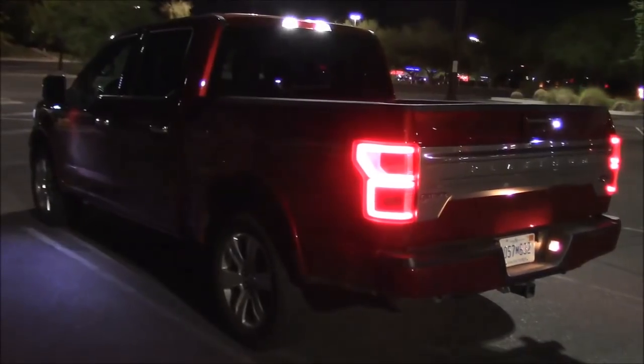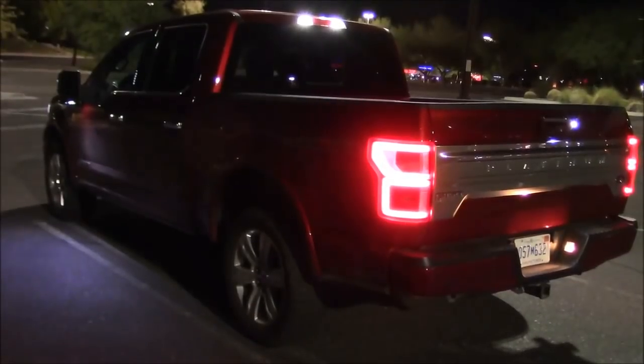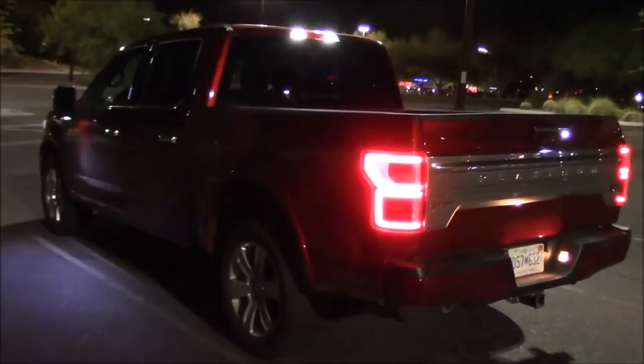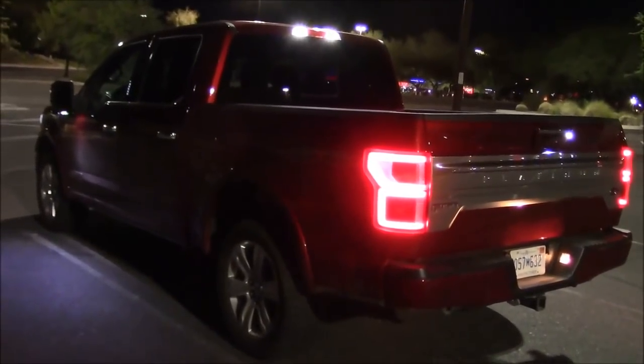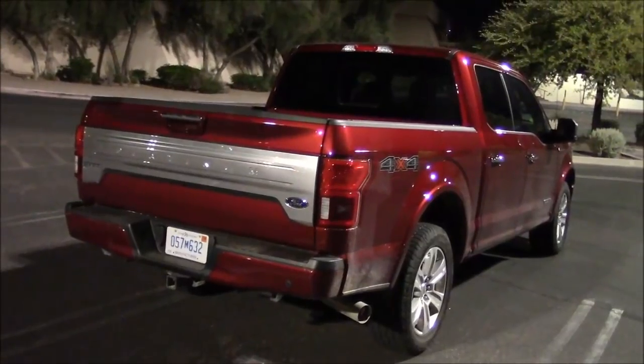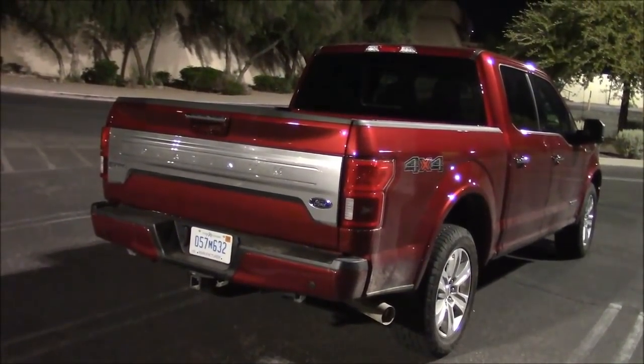There we go again. While this truck does have a disconnect switch for the interior lights, apparently it has no disconnect switch for these exterior lights. I read the manual, talked to the dealer. You cannot turn these off every time you open the door or unlock the vehicle. Eventually these lights will turn themselves off, but while this isn't a problem in the city, if you're out camping,